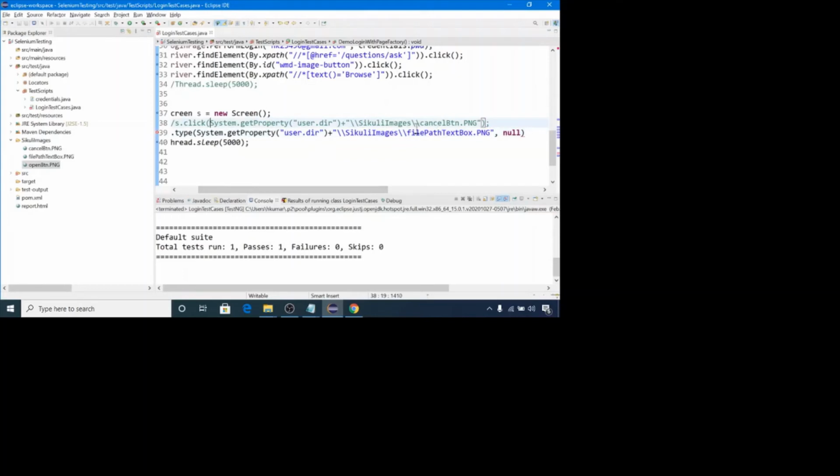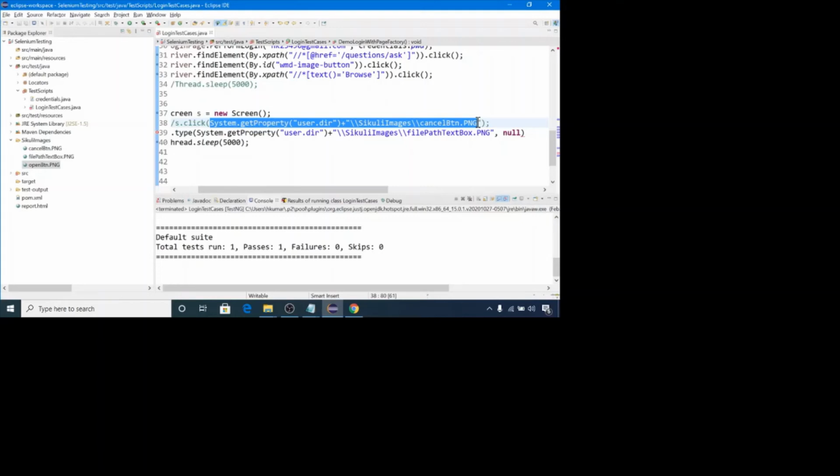Or we can upload this cancel button.png file. Or suppose you actually want to ask a question and you have some specific screenshot. You can paste that image in your D drive or C drive, and you can pass the path of that file in this text box.